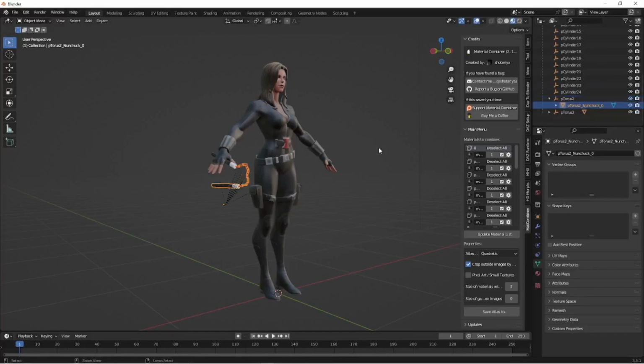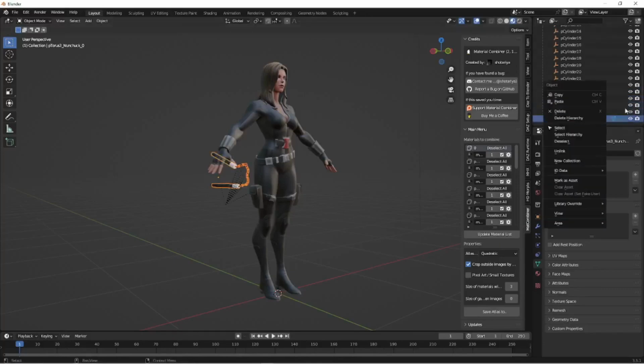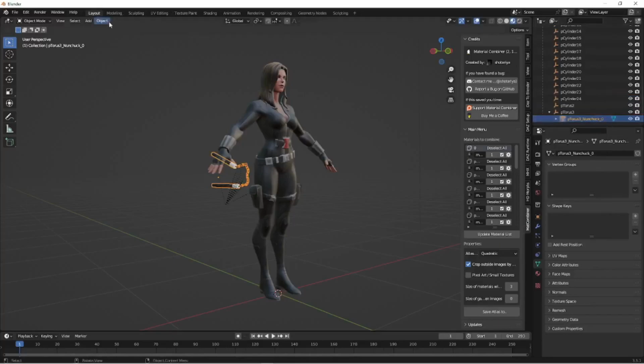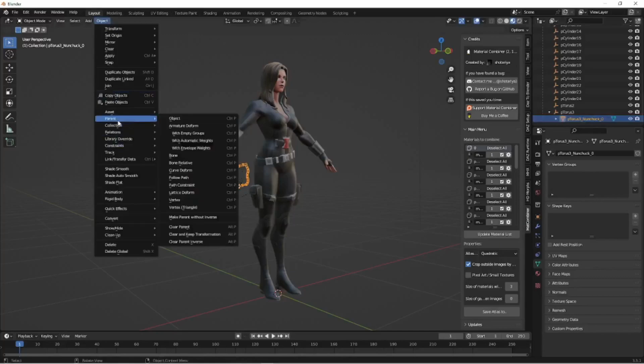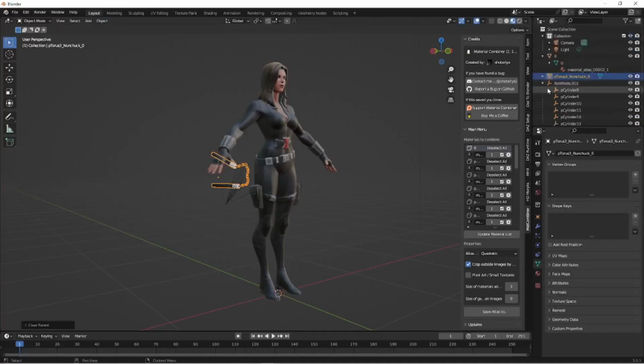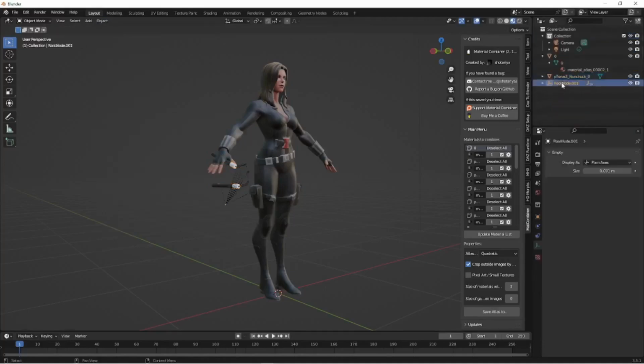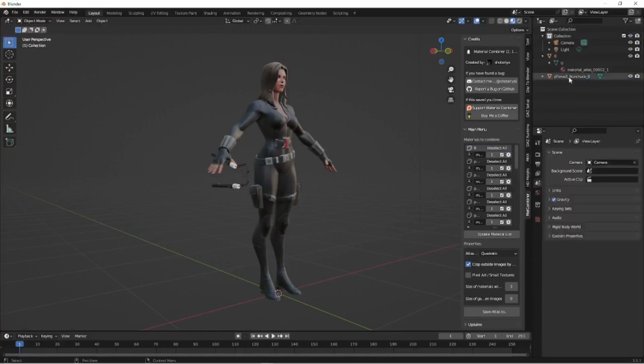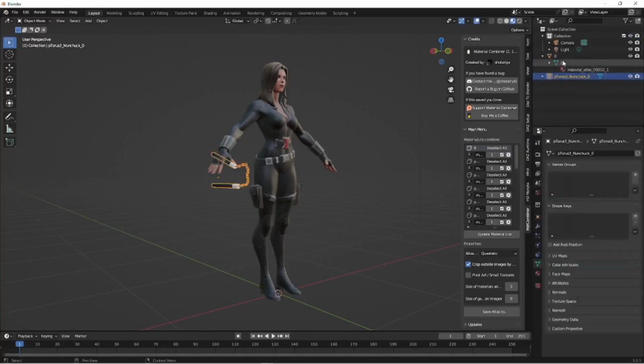I'm betting there's probably a faster way to do this, but if there is, I don't know what that is, so we're almost there. Okay, and then I'm going to go over here, Object, Parent, Clear, and delete the hierarchy. Okay, so there's my nunchucks now,